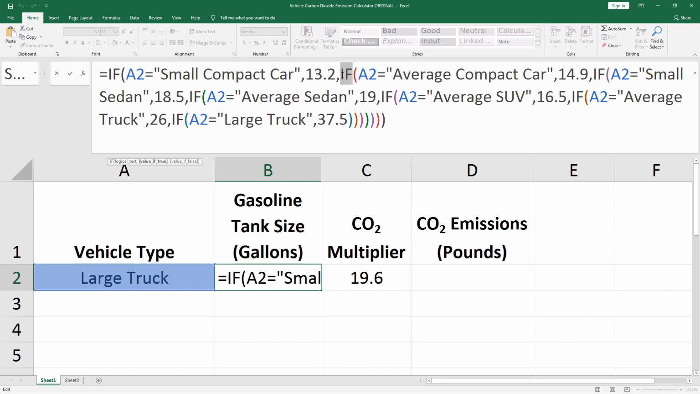The next if statement opens with a red parenthesis and says, if cell A2 equals "average compact car", in quotes, then, denoted with a comma, insert the value 14.9. That's our second if statement, and if that was all we had, we would close it with a red parenthesis. The red parenthesis is at the end of the entire if statement. Since we have more vehicles to consider, we leave it open with a comma and say, well, there is another